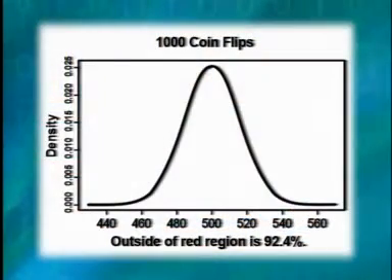So let me give you an example of the reasoning that Fisher used. Suppose that you take a coin and you flip it 1,000 times. You know that on average, the mean of the distribution of the flips is going to be 500. But you also know that if you actually flip a coin 1,000 times, often the number of heads will be less than 500 and more than 500.